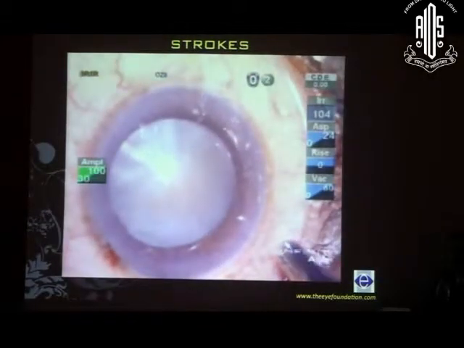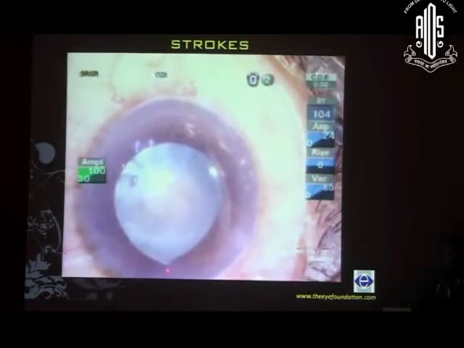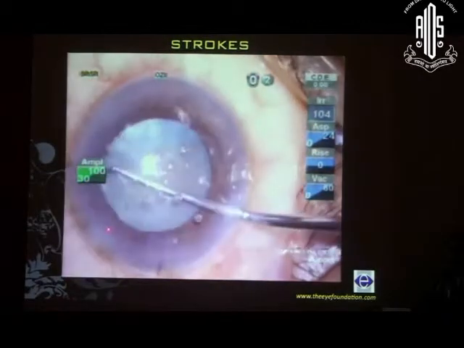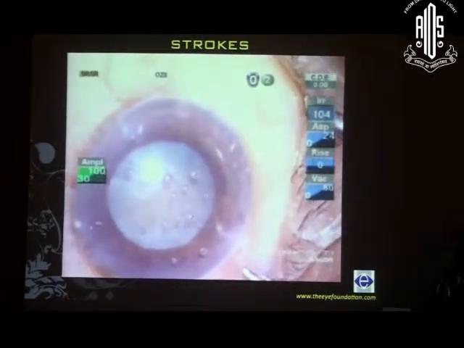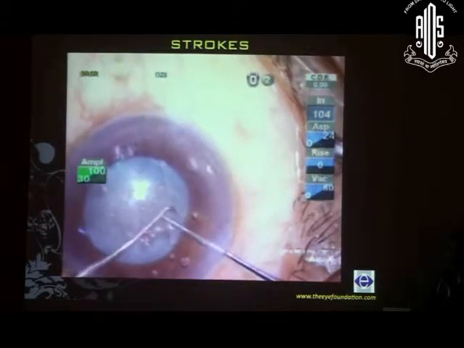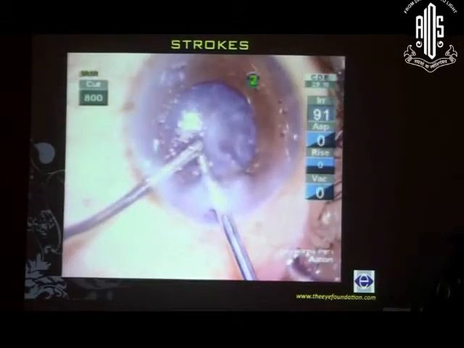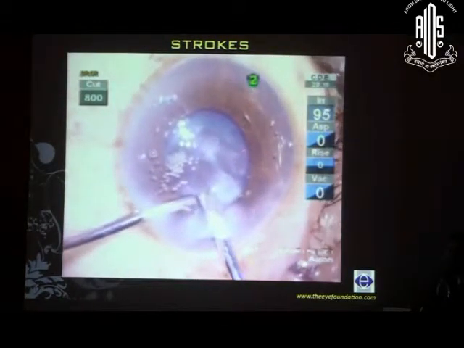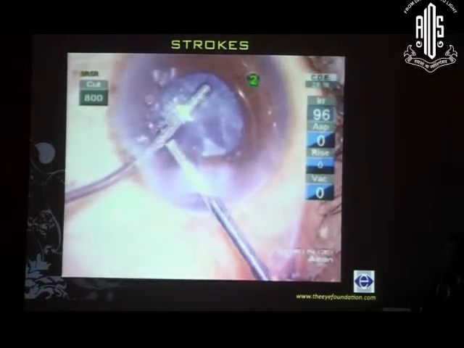This is again a small message here. What you can see is there is a zonular dialysis here and a small amount of vitreous presenting. You can see that the pupil is peaked here. You can see the vitreous fan coming in. We all know that if you have a rhexis extension or a PCR, there's no way you would implant a CTR. But here a CTR is being implanted because it appears as if the vitreous is presenting from the area of the small dialysis, and by implanting the CTR you are able to push back the vitreous, and the little bit of vitreous which presents, you need to keep going back and removing it.